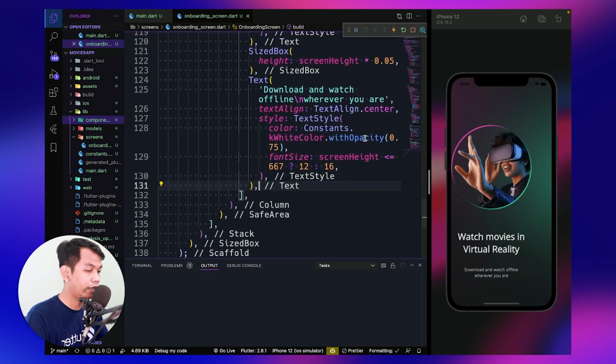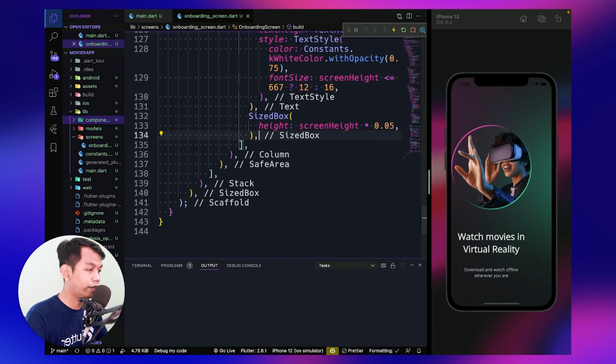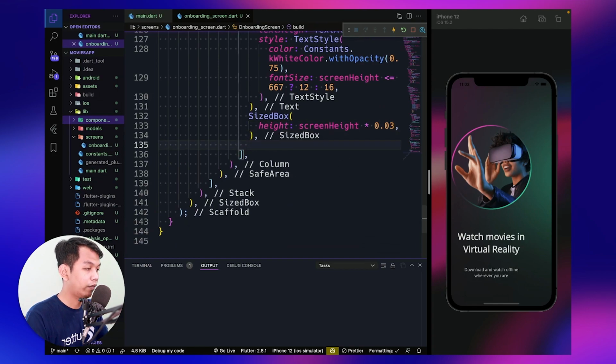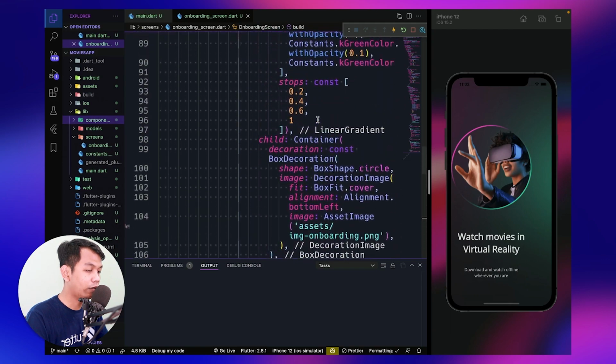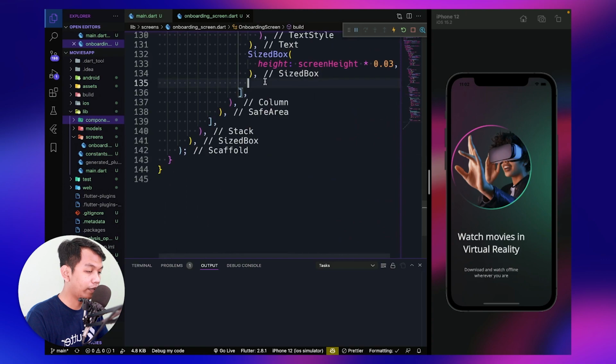All right, and we need to give like size box again, paste here, and we need to change this to 3%. And below that, we need to give custom outline again. So we need to copy from the previous, copy this and paste here.